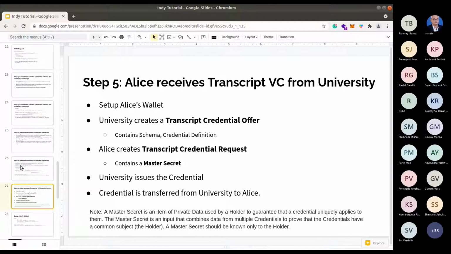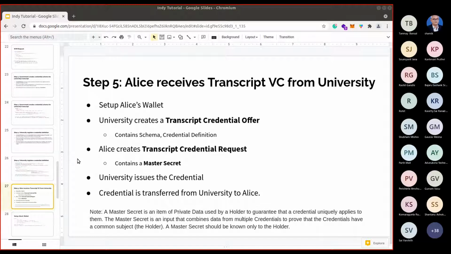First, we have not yet configured a wallet for Alice. So the first step is that we will need to configure a wallet, and then next the university will need to generate a transcript credential offer.